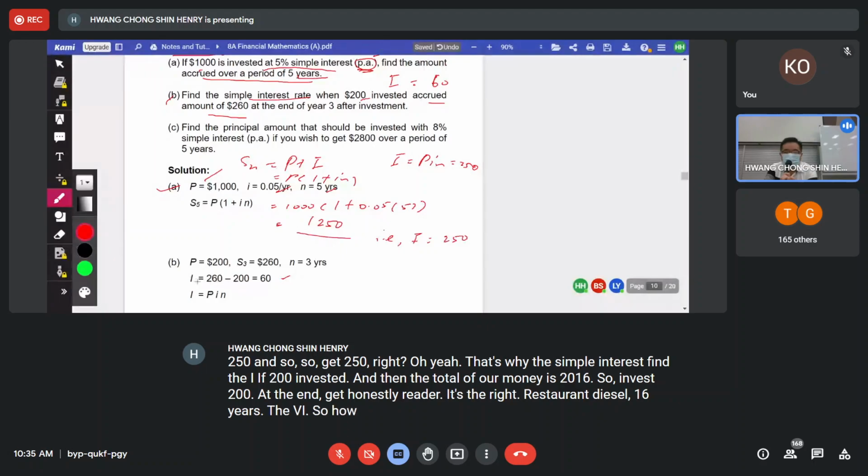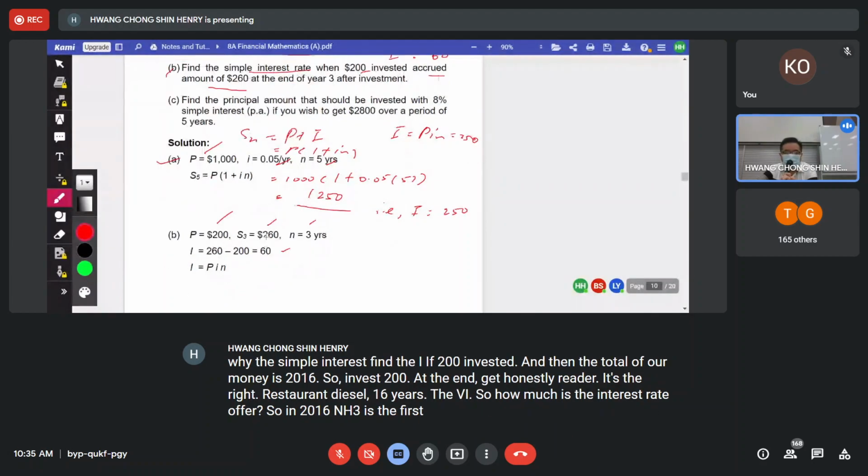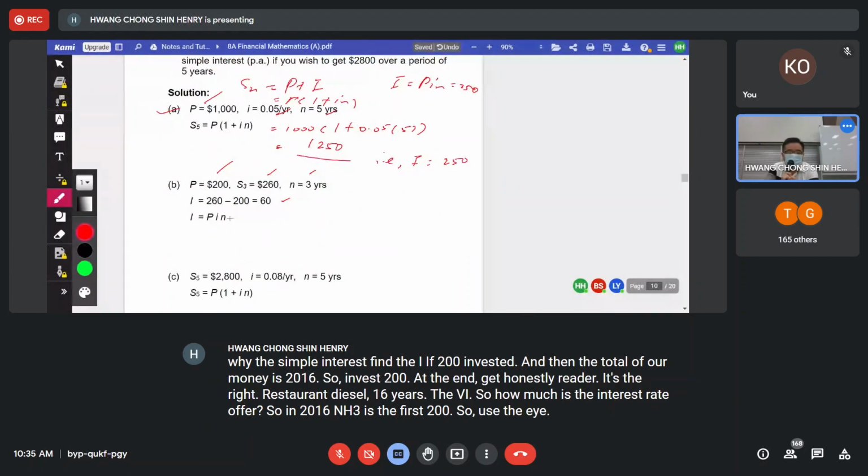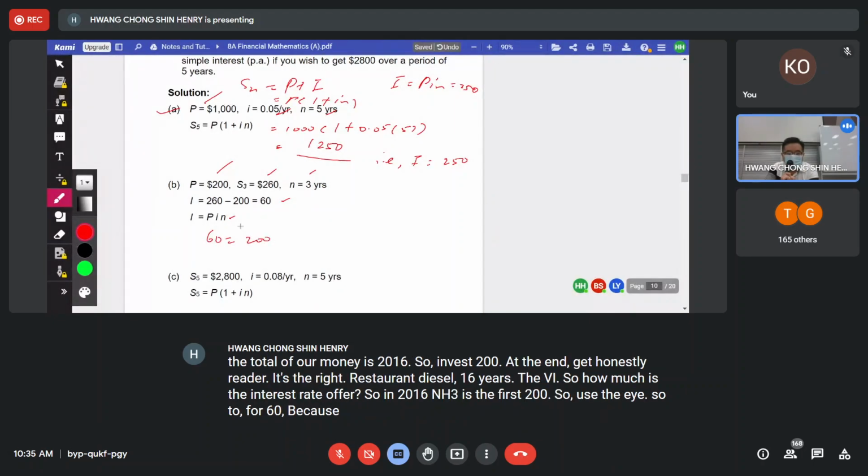So how much is the interest rate offered? So 260, N is 3, principal is 200. So we use I equal to P times I times N. So 60 equals 200 times your I times your N, which is 3 years. So what's the I here? 60 divided by 600, right? Which is